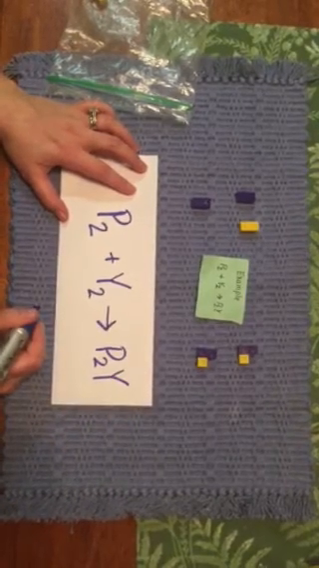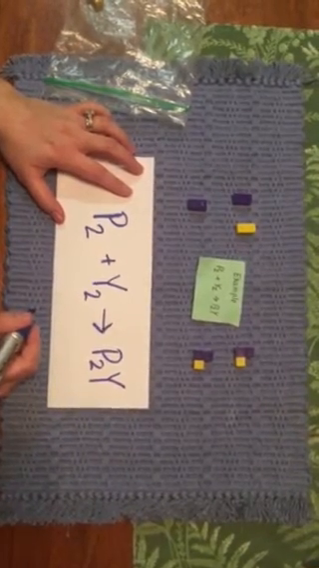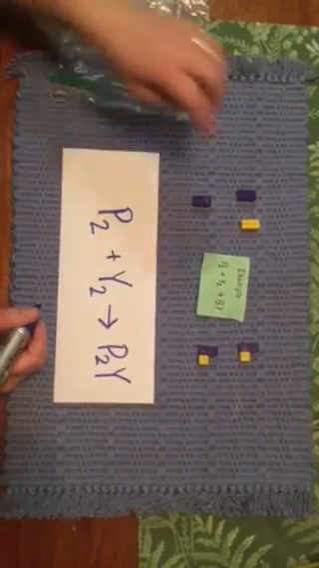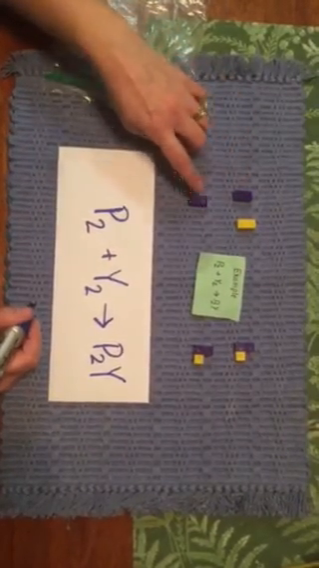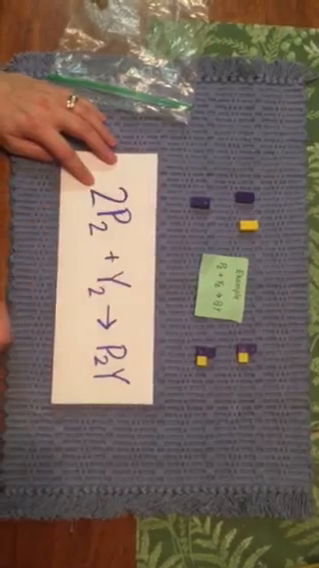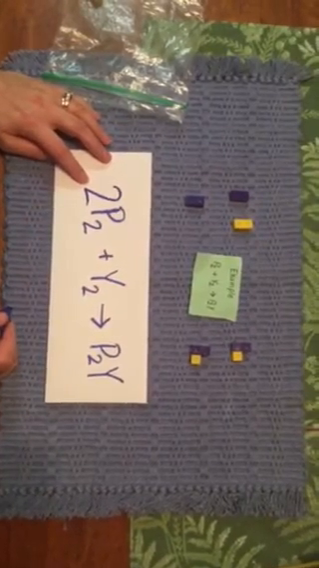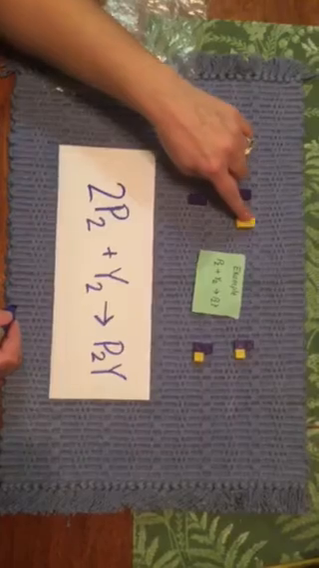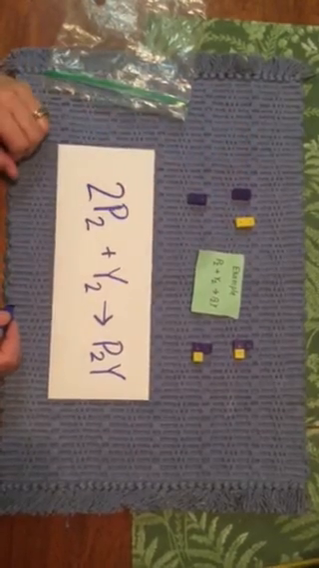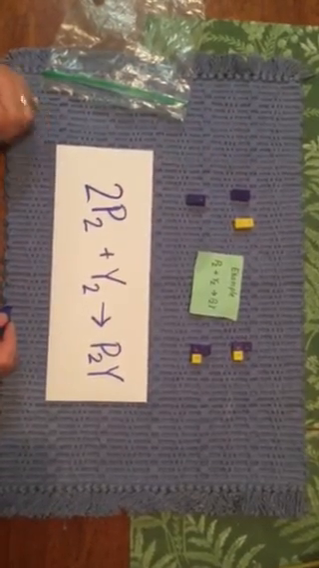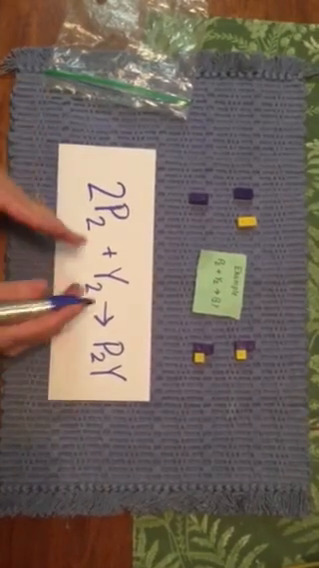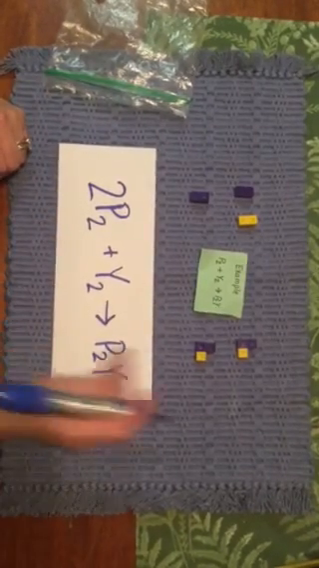Then I need to go back and add what's called a coefficient, and that's just telling me how many of each molecule I have. Here I have 2 P2 units, so I have to add a 2 in front of my P2. I only have 1 Y2, and we don't write ones, just like when we were writing chemical formulas, we don't use ones. So I'm just going to leave that as a Y2. Over here on the right,